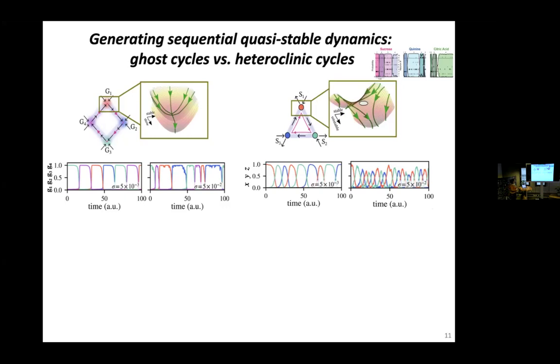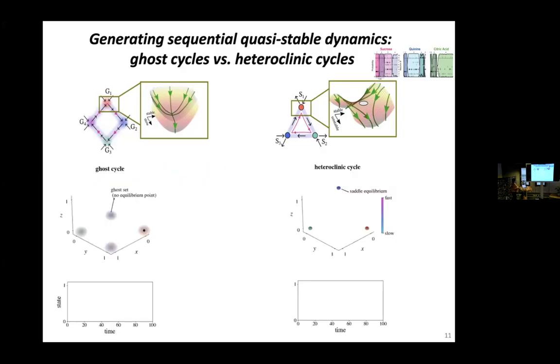In contrast, if you would compare this to a heteroclinic cycle, we can see already from the time series that when we increase the noise intensity in the heteroclinic cycle, what we do is we reduce the trapping time on the saddle. So we don't have this good separation of a slow positioning of the system on the saddle versus this fast switching between the saddles. And you can see this also in this video, that on the left for the ghost cycle, the trajectory very nicely follows and switches between the ghosts while spending a long time on the ghost. Whereas for the heteroclinic cycle, it's very easy when you introduce even small amounts of noise that the trajectory escapes